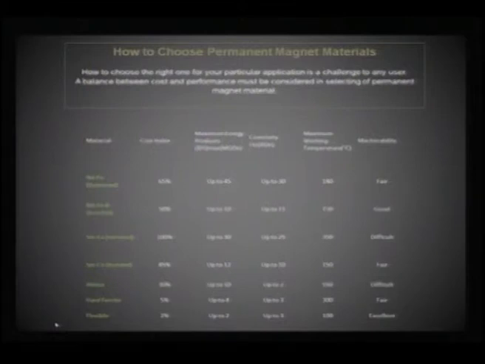How to choose permanent magnet materials? We have a range of numbers that will help you understand what sort of material you can use. We look at the maximum energy product value, the coercivity, and also the machinability and the working temperature. All these 4 parameters decide what sort of compound you want to choose. For example,